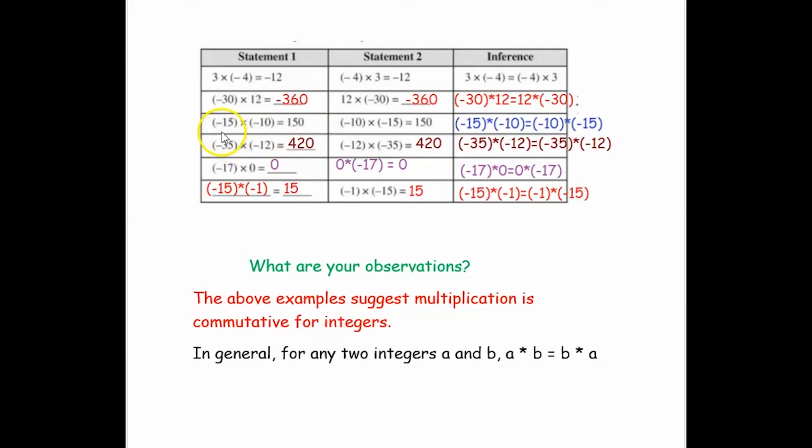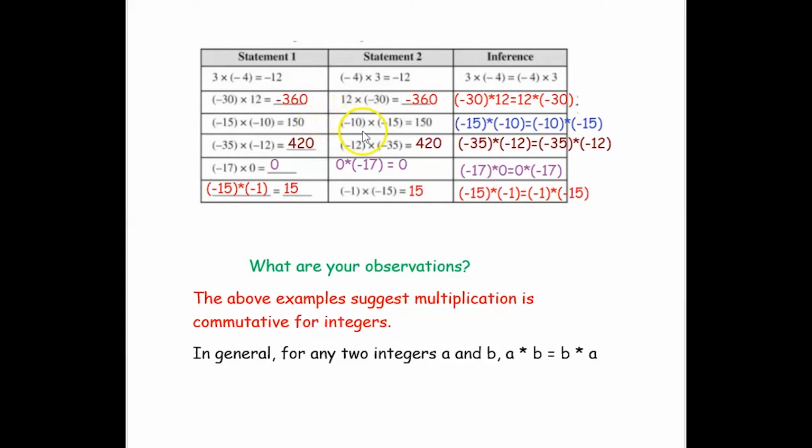Same way, negative 15 into negative 10 is the next number. Okay, so here we have two negative numbers. So to multiply two negative numbers, first we have to multiply the integers. So if there is two negative, that is even number of negative numbers, then our answer will be a positive. So it is plus 15 into 10 is 150.